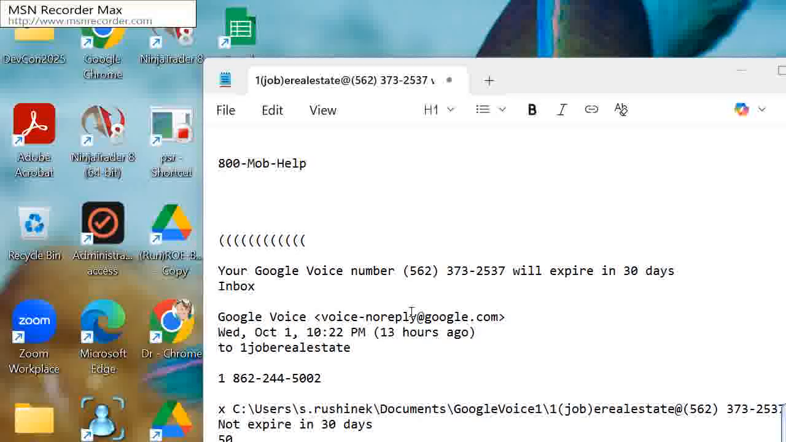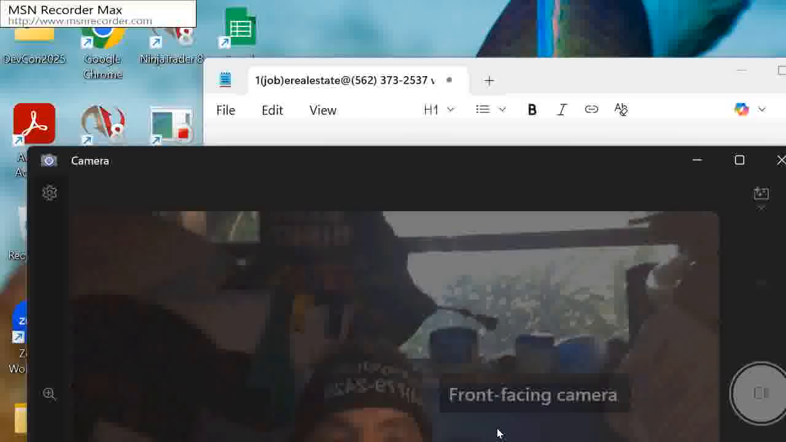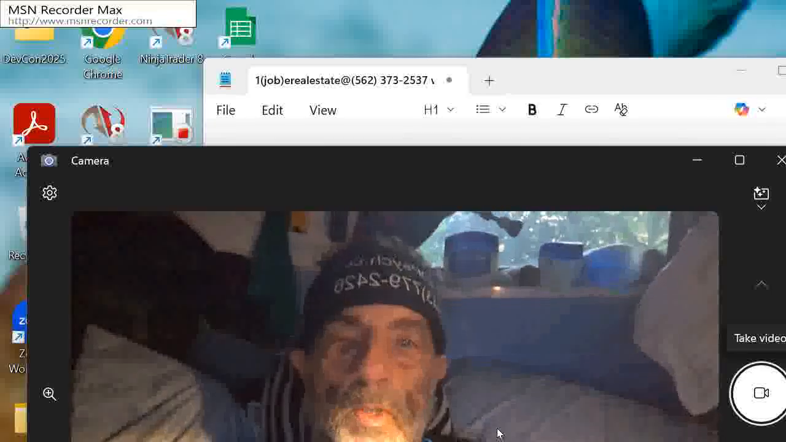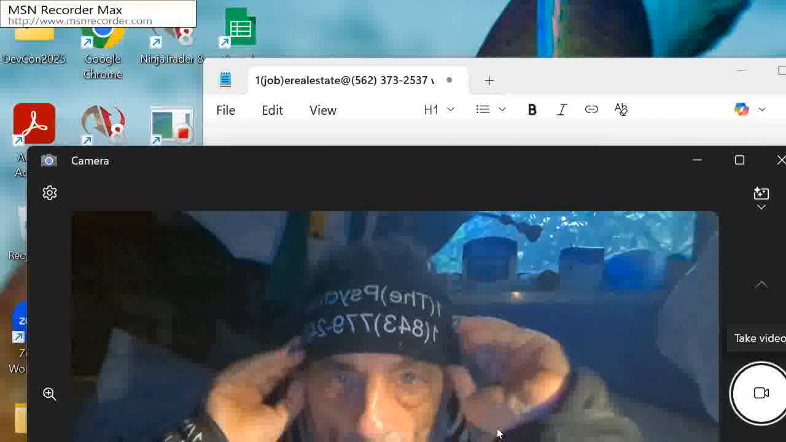Okay, we're starting a demonstration of using MSN Recorder Max, which is a screen recorder, and I'm currently recording this screen. I would like to add to this the webcam from Microsoft that comes with Windows 11 and demonstrate some other things in addition to what I explained already before, which is this